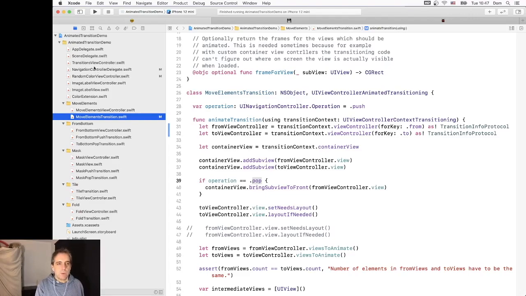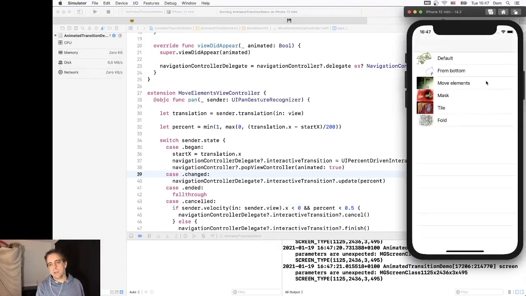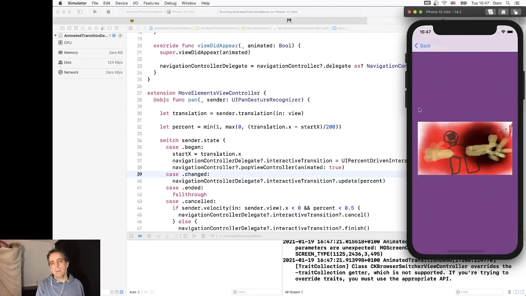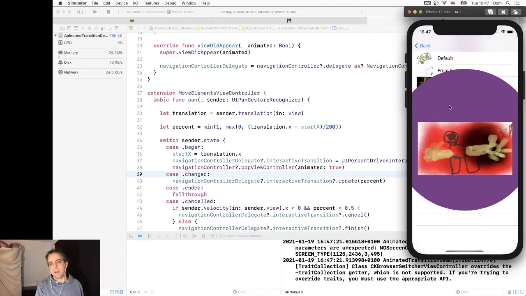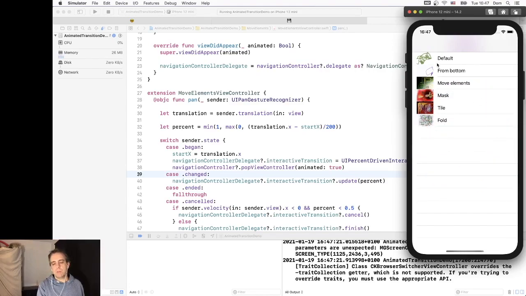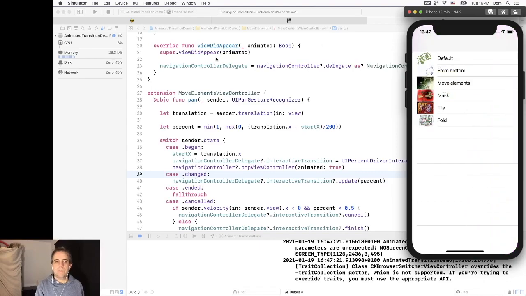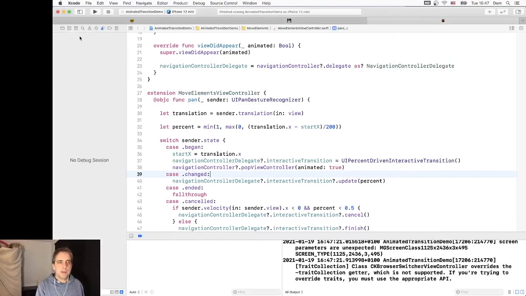Okay, there's one thing left I wanted to show you. For some of those transitions, I implemented gesture recognizers where the user can go back interactively between those view controllers. It's like the normal gesture you get from the navigation controller, where you can pan from the screen edge to go back. You can also do this here in the elements transition. And this is implemented